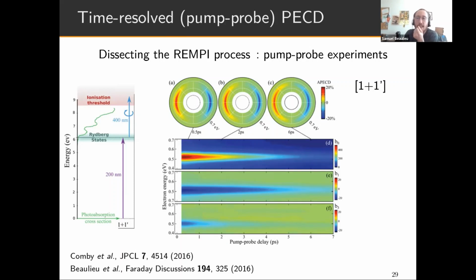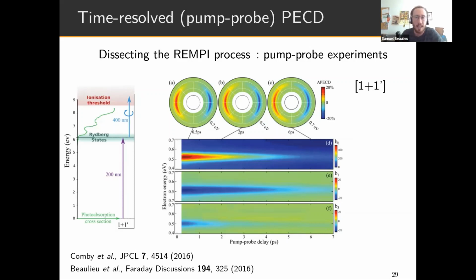You can see that B0, the photoelectron angular distribution, not the asymmetry or anything, just B0, does not show any significant shift in energy as a function of pump probe delay, and decays monotonically with a roughly 3 picosecond characteristic timescale. And this evolution only reflects the lifetime of the